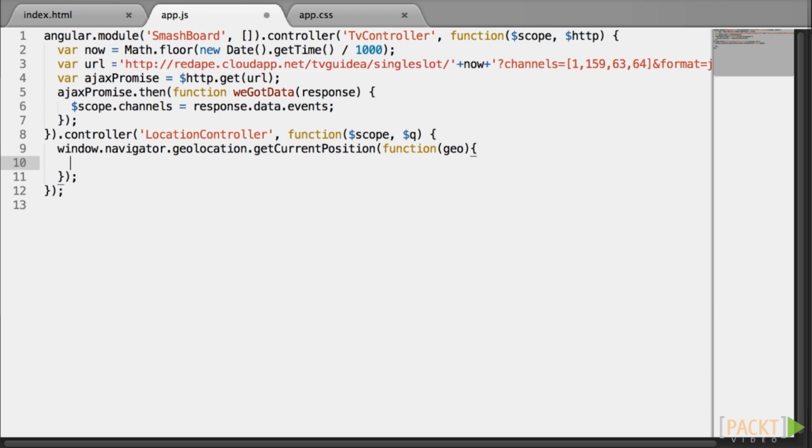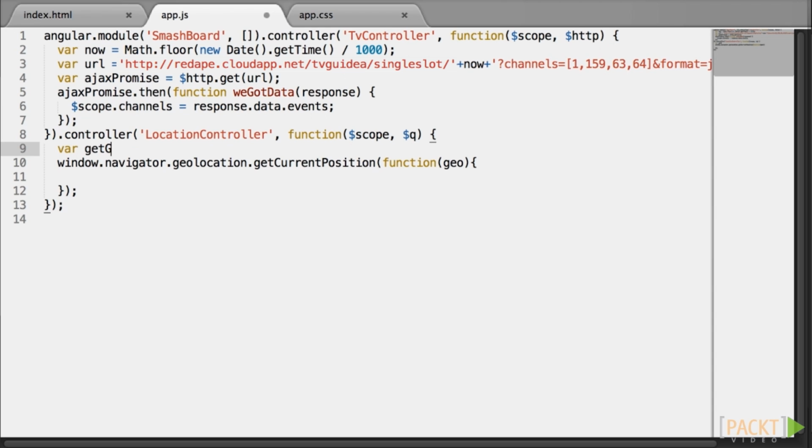And we are going to create an object, let's call it var getGeo = $q.defer(). And now getGeo is a deferred object that will represent the asynchronous process of getting the current location. Now inside the callback of getCurrentPosition, we know that the action is complete. So we're going to write